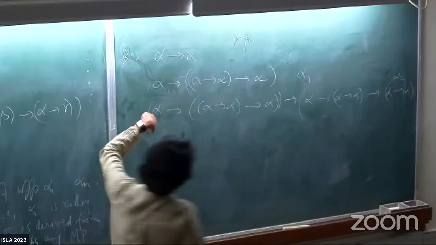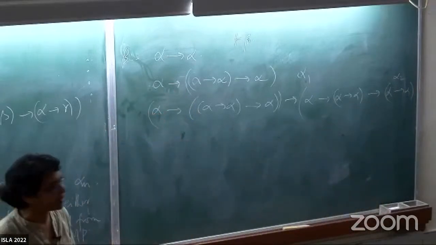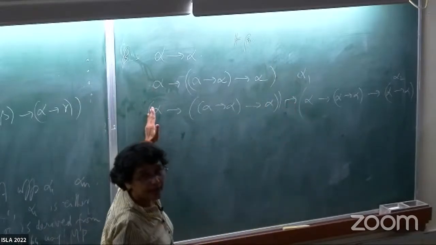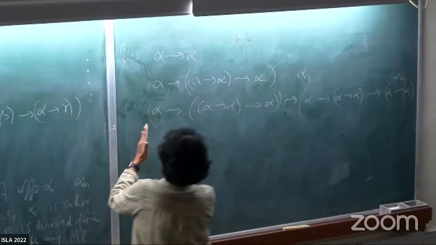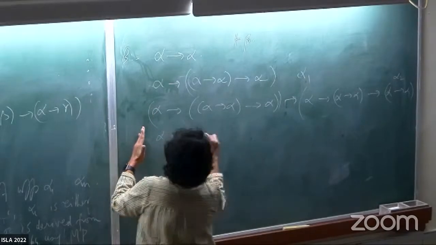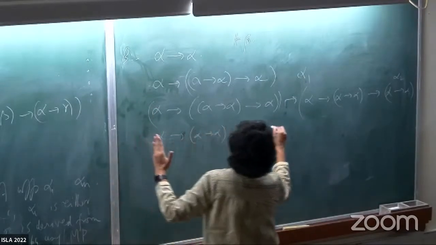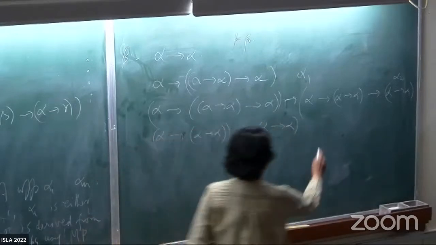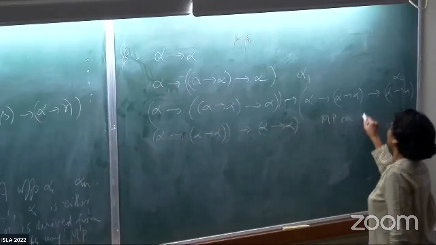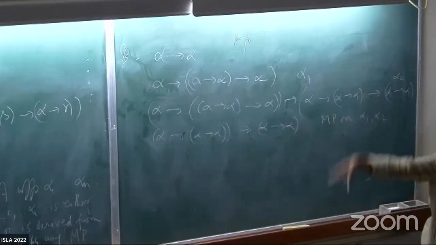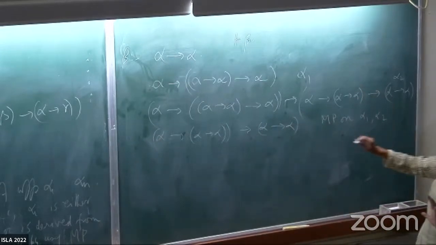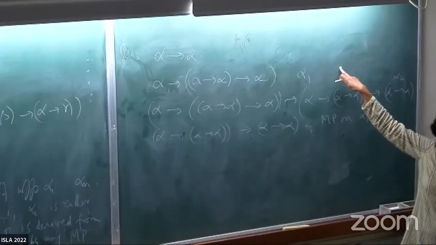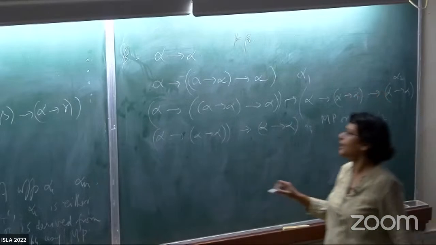But then I am ready to use modus ponens on it. Because note, this portion and this portion are the same, right? So therefore, I get that. Right? So this is by MP. So legitimate. So this is my alpha 3. Alpha 3 is obtained by using MP on the previous members.